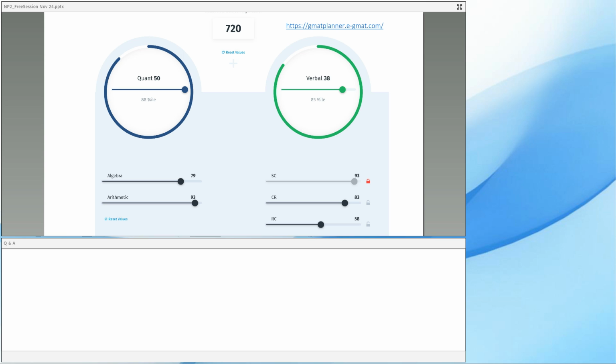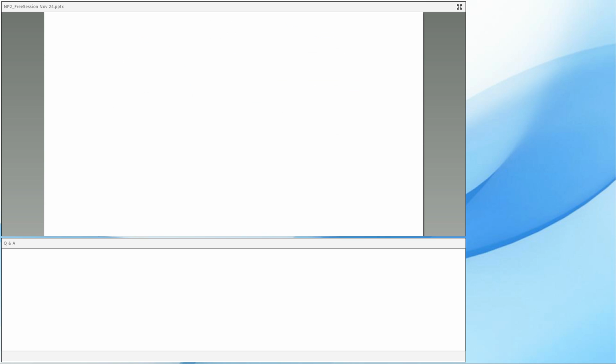So when you make those decisions, your journey to that 720 is not just you studying and, towards the end, taking mock tests and hoping that you get to that 720 score. It is a set of milestones that you can aim towards and you can track.